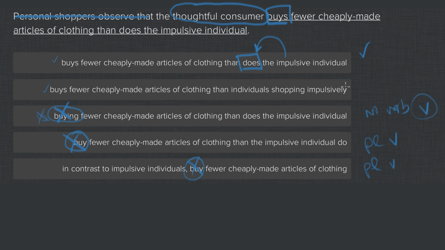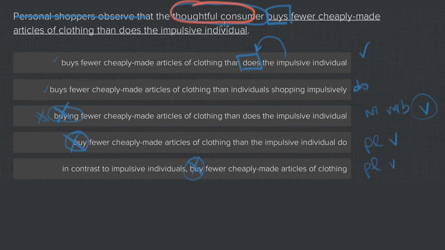In the second choice, notice how this is broken. We have the thoughtful consumer buys fewer cheaply made articles of clothing than individuals shopping impulsively. This doesn't have a verb. It would be correct if it said than individuals shopping impulsively do. It doesn't have that. So what ends up happening is it's not clear whether, let me show it with a new color, it's not clear whether we're comparing the thoughtful consumer